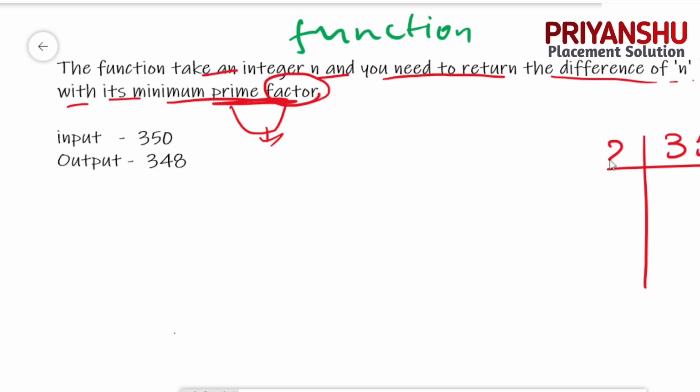First we check with 2, right? Then we divide 350 by 2 and we get 175. Then again we check with 2, no. Does 3 go in? No. Then 5, right? We divide by 5 and get 35, since 5 times 7 is 35. Clear? Then again we check with 5, yes. 5 7s are 35. Then again we check with 5, no. 6, no. 7, yes. 7 1s are 7.